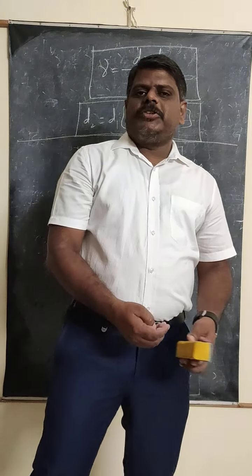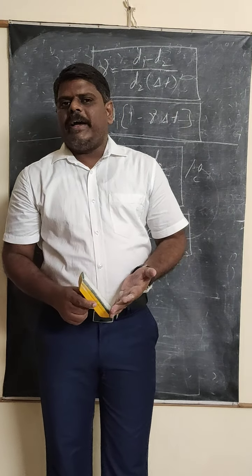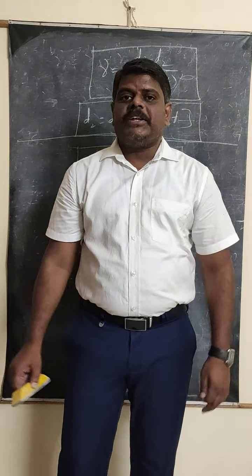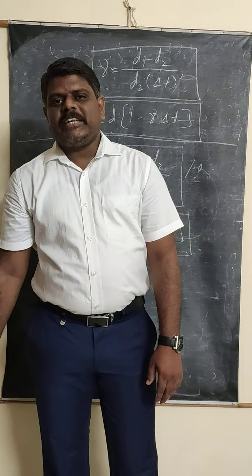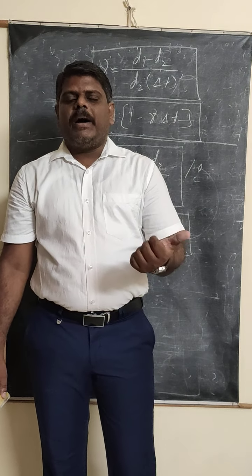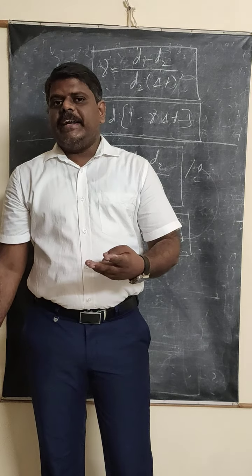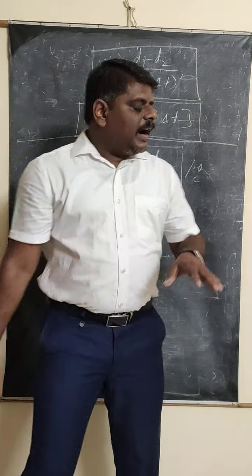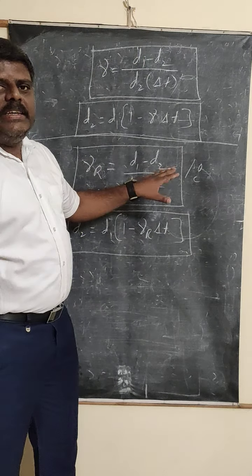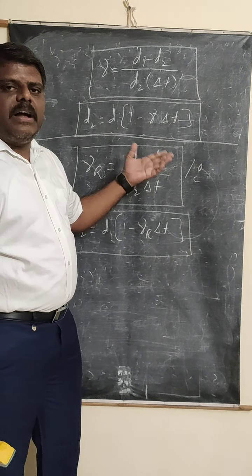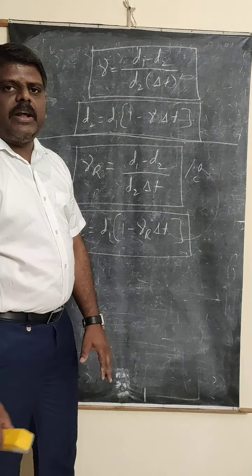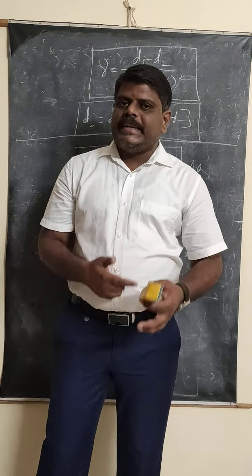So what we have discussed today: the definitions of gamma A and gamma R, and try to remember the definitions, which are very important. A small change only is there, the remaining is the same. After that, we discussed a few conditions in the case of gamma R, gamma A and gamma G, and those three conditions are very important for the competitive part. After that, we discussed the effect of temperature on the density, and these are the equations you are going to use. So always remember, when you increase the temperature, volume increases, density decreases, and mass remains constant.